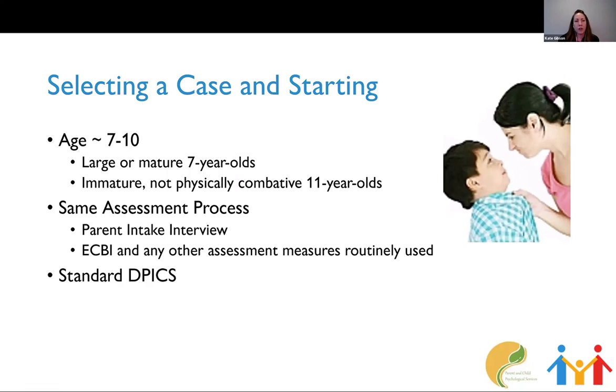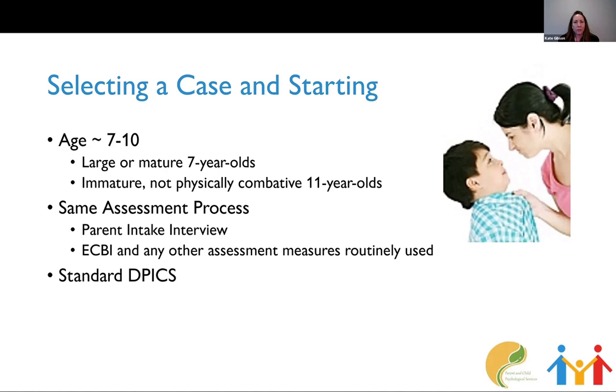If you're in a private practice or a clinic, you might have more flexibility. But it's about age 7 that we see kids start to outgrow standard PCIT. So we're talking about using this approach from about then until about 10, 11, depending on developmental level. So it's this older elementary age that we're talking about.